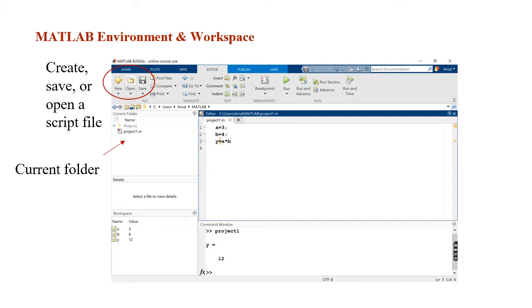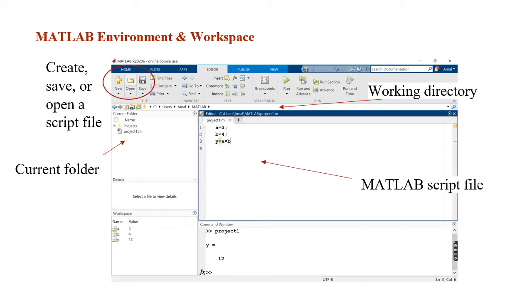You will see a list of all the files you've created and saved in the project or in that current folder. You can double click a file to open it, or you can go to file open, or actually click on the open button to open a file. And in here you see the working directory. Currently I'm working in the MATLAB folder itself,